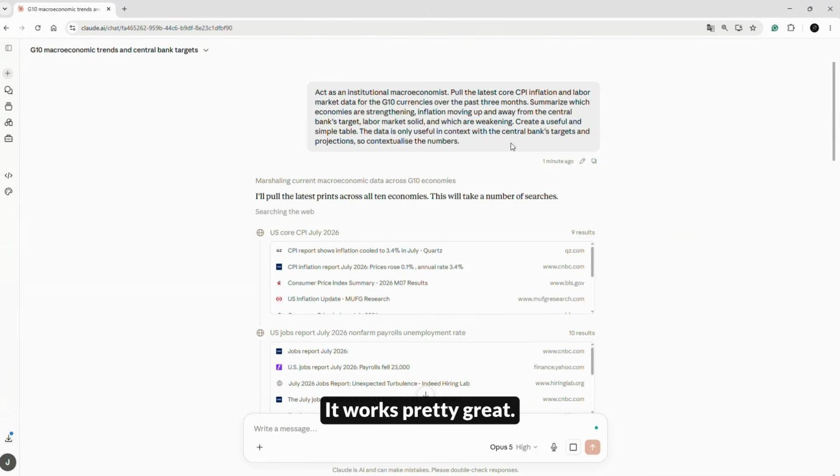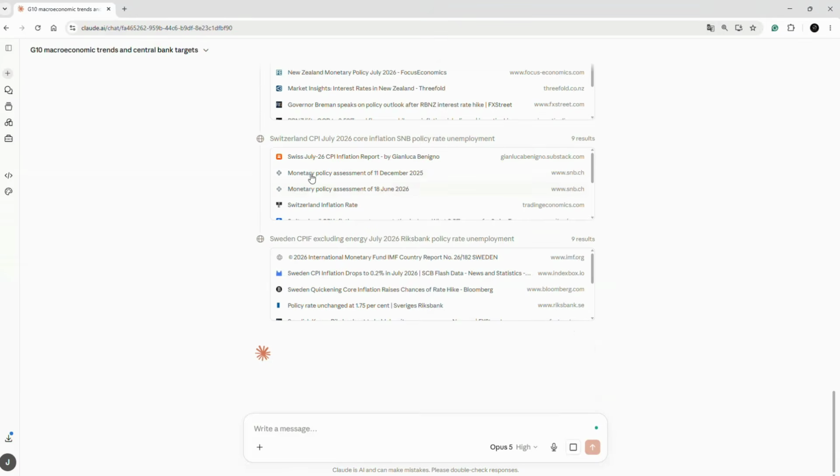It works pretty great. I use this prompt right here. But again, you can improve on it if you want. You can add things, you can tweak it, do whatever you want. But this, in and of itself, is already pretty fine. So as you can see,